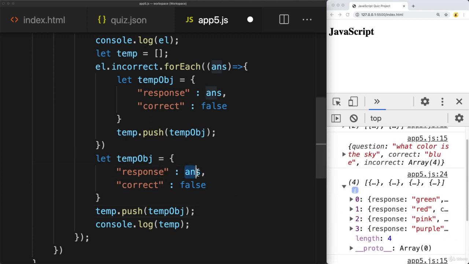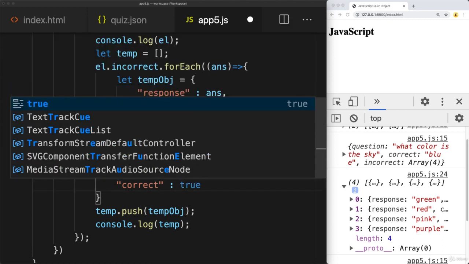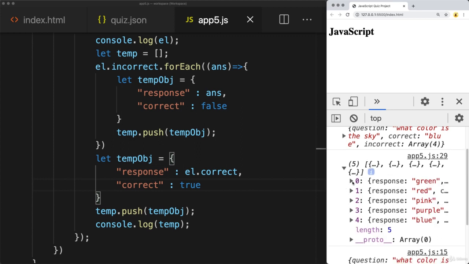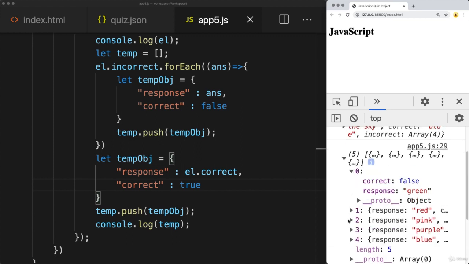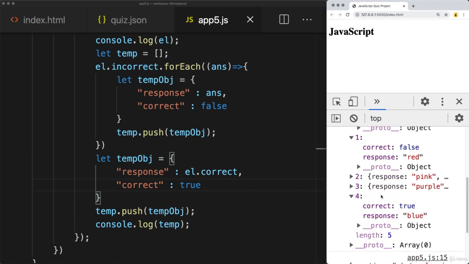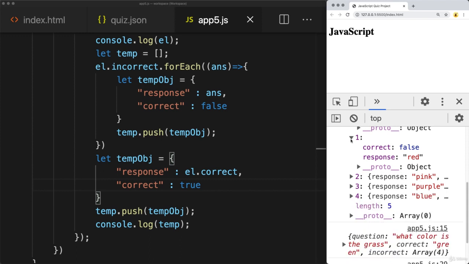So from the element correct, and this value is going to be true. So that gives us an array that we can randomize that has all of the correct answers and the incorrect answers all in one array, with Boolean values checking and being able to detect if the answer is correct or